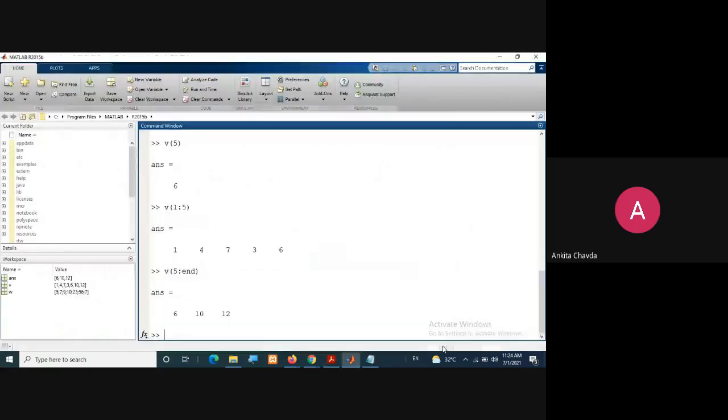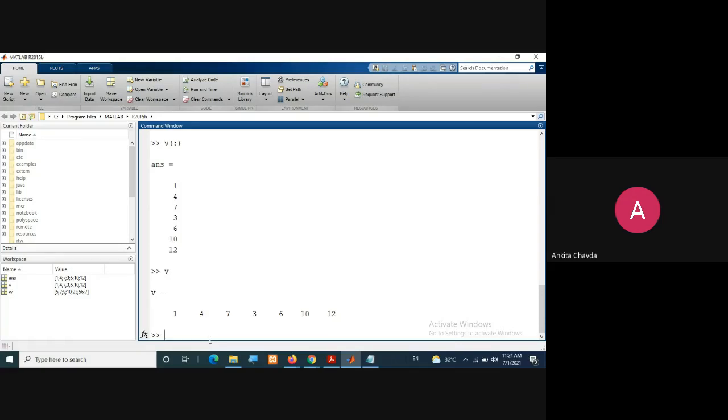Then if you want any of your vector or matrix in a row vector or into a column vector, what can you write? Here suppose I have my V, and V is a row vector. But if I want it in a column vector, I just need to write V and colon. So it will show me that in a column vector. Your original V is still the same. You are not changing that.